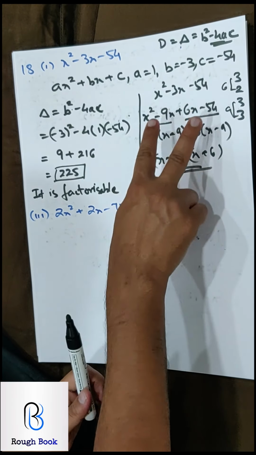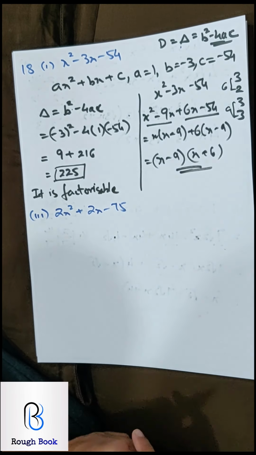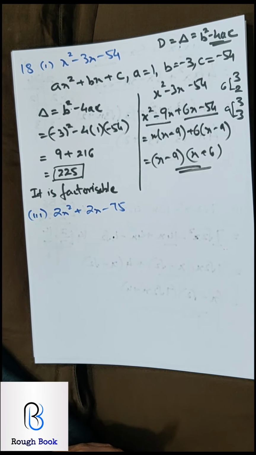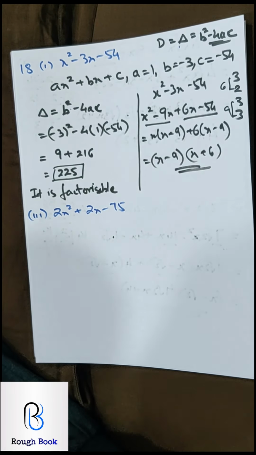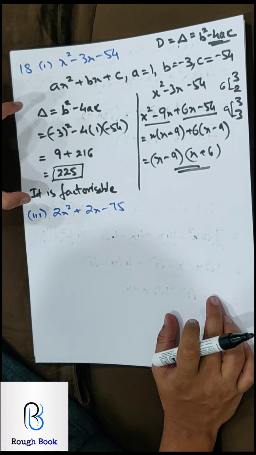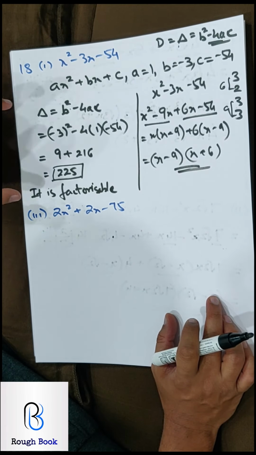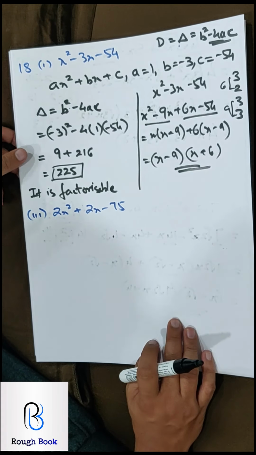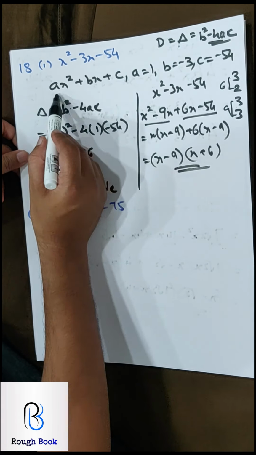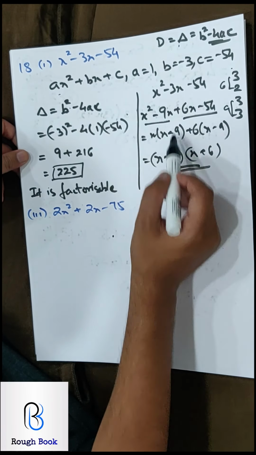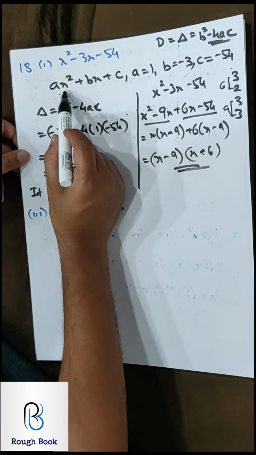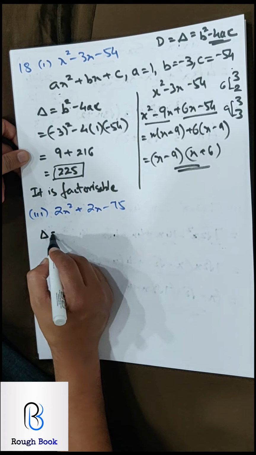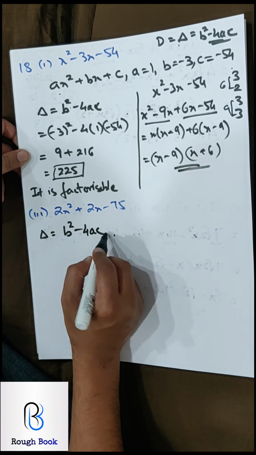Someone might think that let me factorize this and then say yes, it is factorizable. Okay, that could be a logical method, but they want us to solve it, show it to them this way so that we realize how to identify and then factorize. Come on, 18 part 3, now you can definitely go ahead. First find, you don't need to write these steps. You can directly begin here, okay, with these parts. This I just wrote for your reference. So let's take the delta b square minus 4ac.